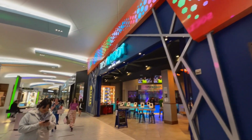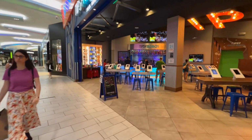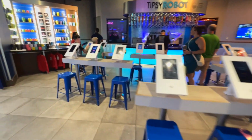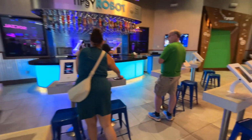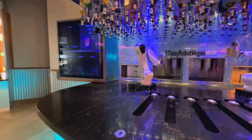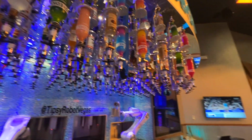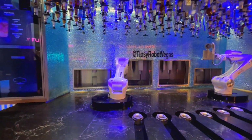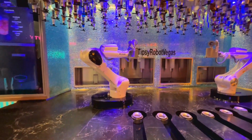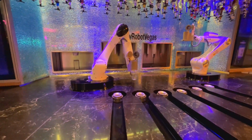We're at the front, Tipsy Robot. Now this is pretty cool, have a look at this. It's an actual robot that makes you drinks. You place your orders on these iPads over here, and then weirdly the robot arms will hit all of these spirits up here, and they'll prepare your drinks for you. See that one there moving around? So there it is. It's got the cup there,